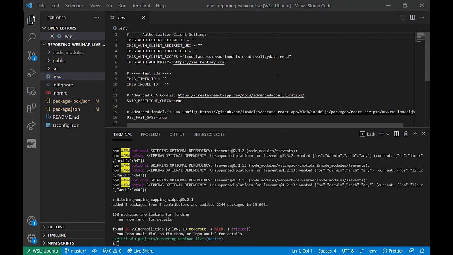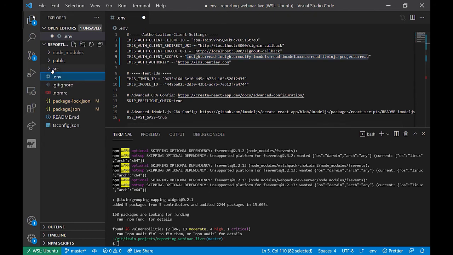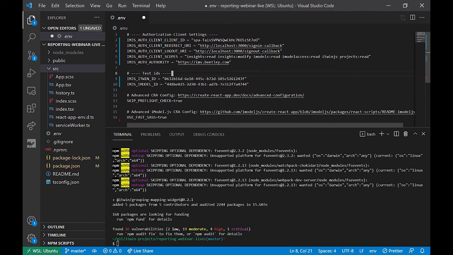I'm just going to copy what I had before, but the important thing for us to see here is the list of required scopes. I'm going to show us this list again on the developer portal configuration page, but just take a note of this. Now, in order to actually include the grouping and mapping widget in your application,